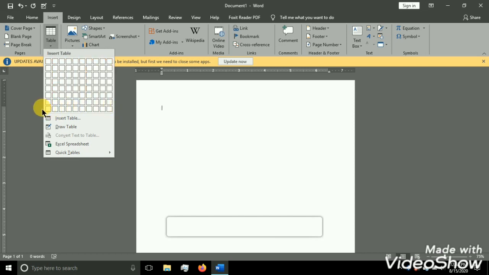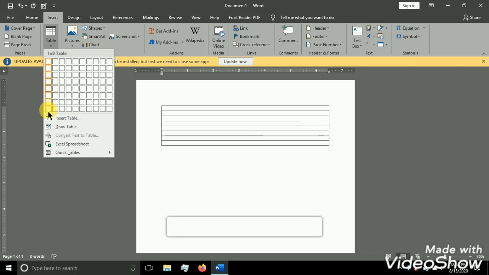So I have a table here. But here we have a drawback. Whenever I manually insert a table, I can insert only 10 columns and 8 rows.